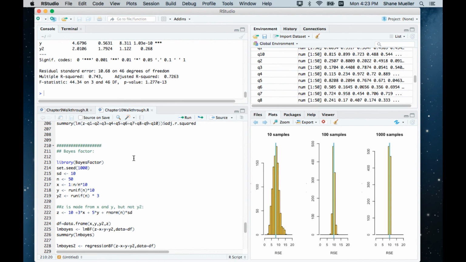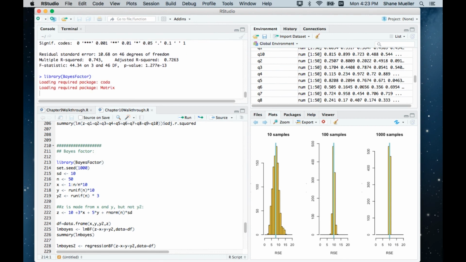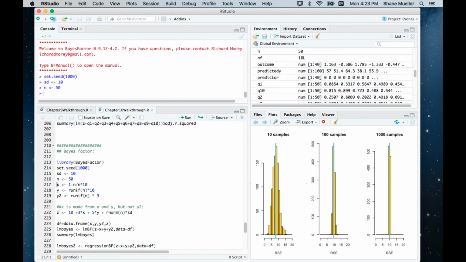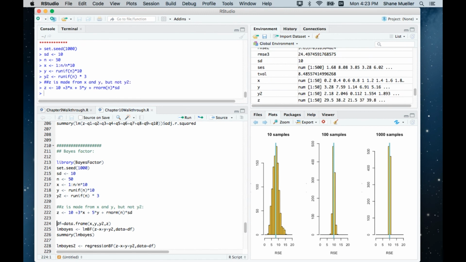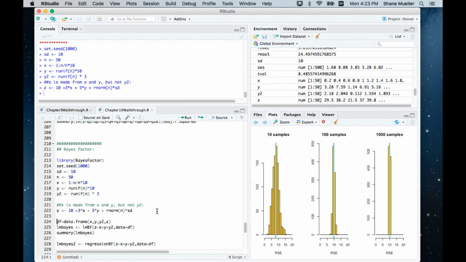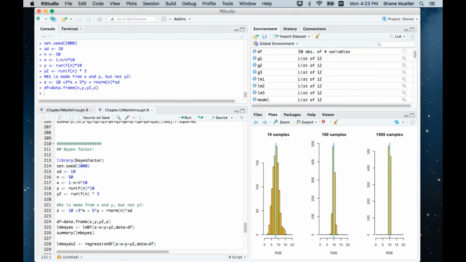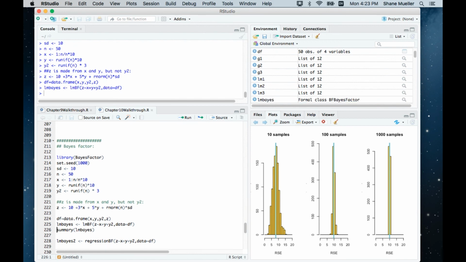Under the BayesFactor library, I'm going to reload this same data set I had before. The Bayes factor requires you to have a data frame, so I'm going to put all these within a data frame. Then there are a couple of different Bayes factor models, and the simplest one is called LMBF. And if I just type,